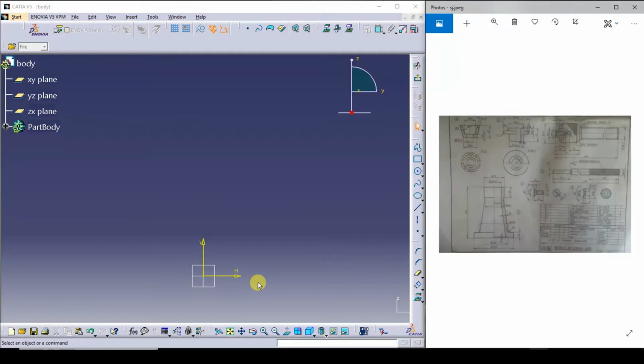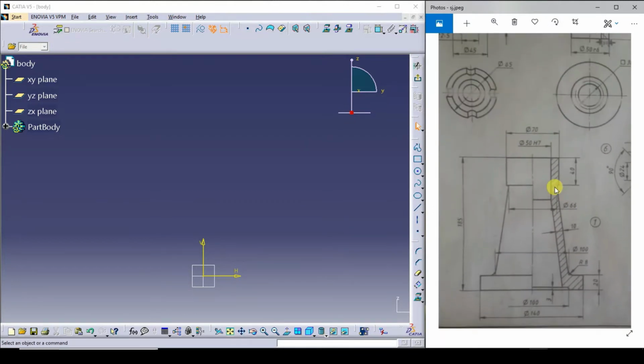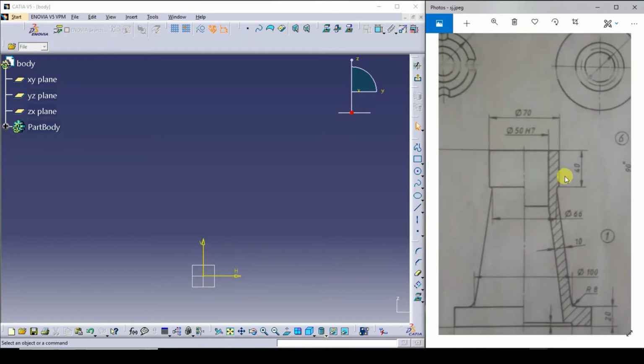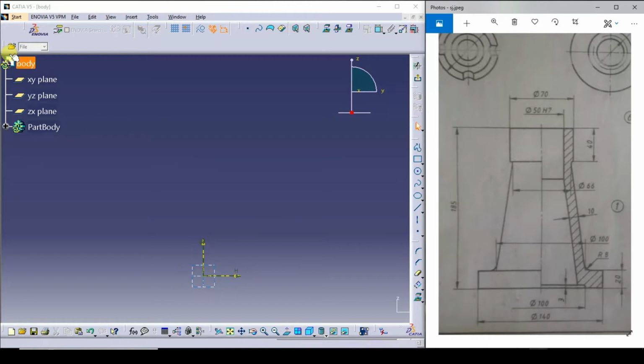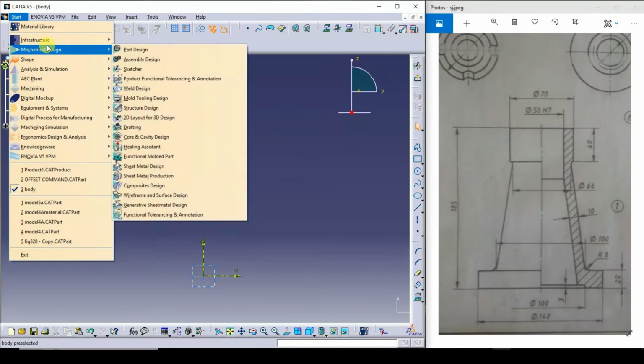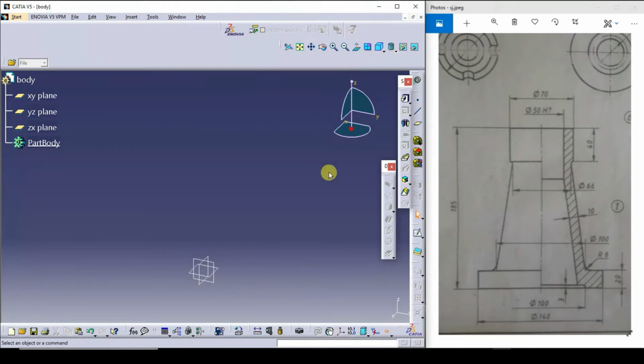Now I will go to the CATIA. Go to the start menu, mechanical design, part.